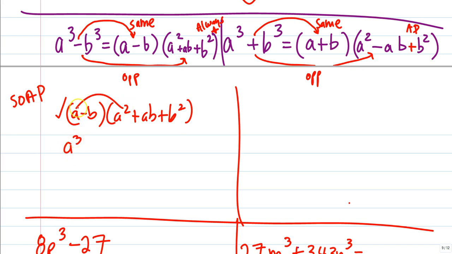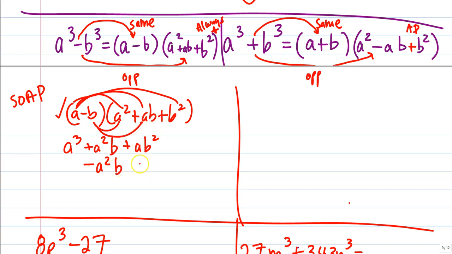I'm liking that. A times ab. How about a squared b? And a times b squared would be a b squared. Do the same thing with the negative b. Negative b times a squared would be negative a squared b. Negative b times ab would give me negative a b squared. And negative b times positive b, negative b to the third. Notice that everything in the middle, I have a positive and a negative, so these zero out. These zero out, leaving me with,